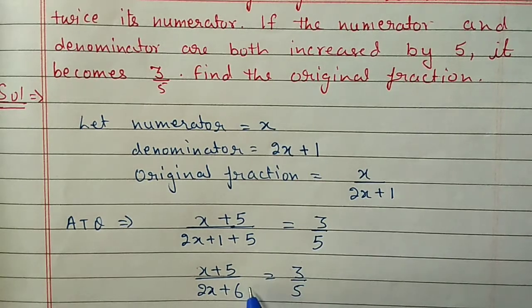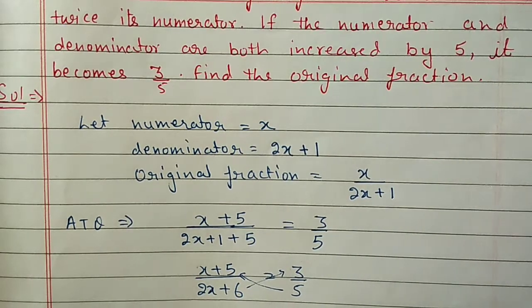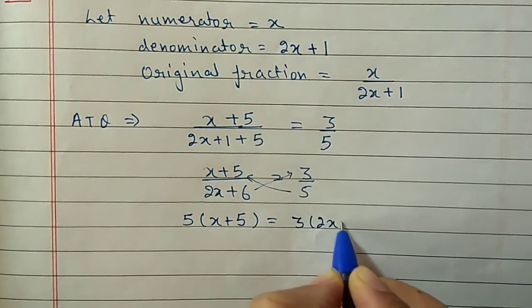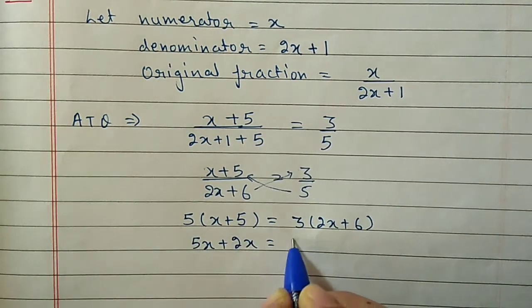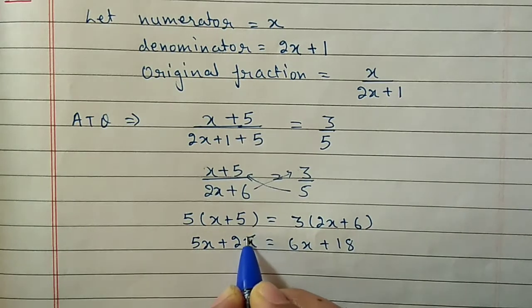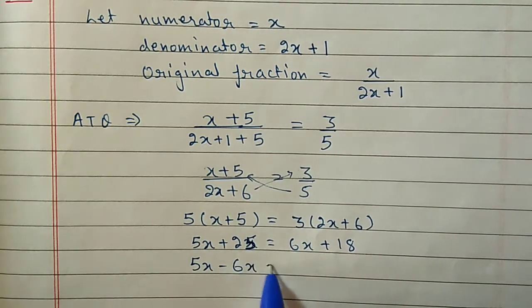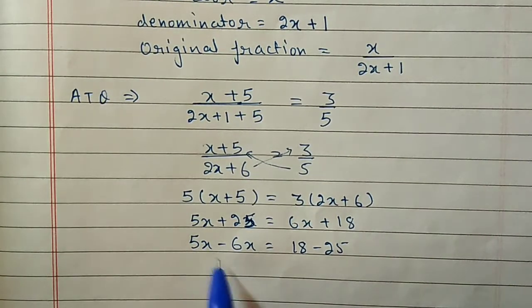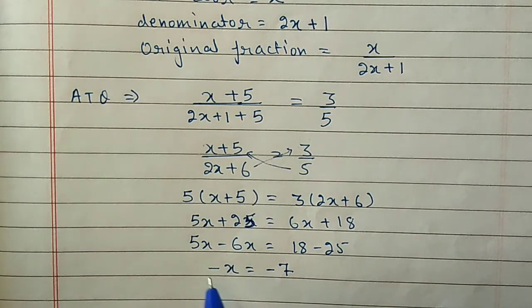After this we have to cross multiply. This we can shift here and this we can shift here. So we will get 5 times x plus 5 equal to 3 times 2x plus 6. Now multiply: 5x plus 25 is equal to 6x plus 18. We can shift 6x here, minus 6x, and 25 to the other side, 18 minus 25. Now it will become minus x and this side we will get minus 7. Both sides have the minus symbol, we can remove the minus symbol. So the value of x is